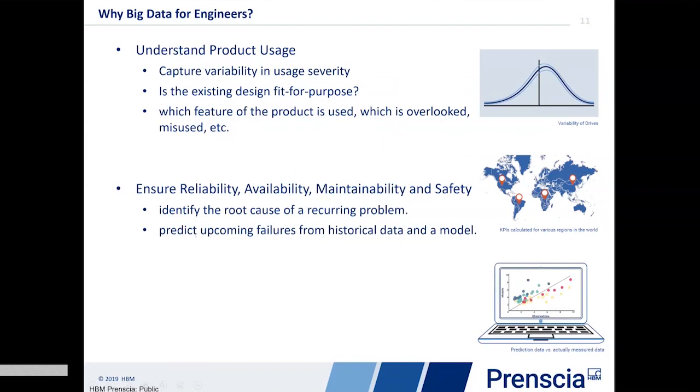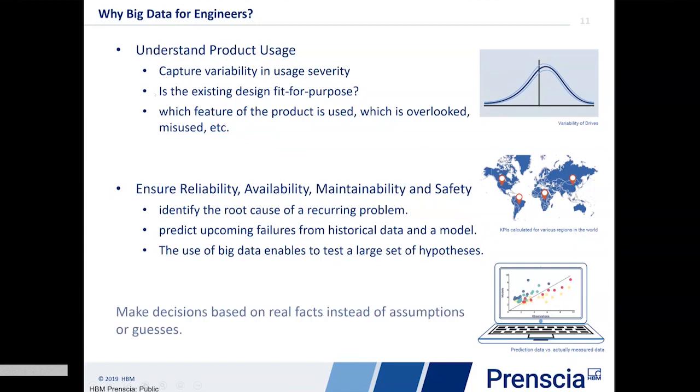You can predict or attempt to predict upcoming failures. And the nice thing is, I just mentioned the model. You can test your hypothesis, your assumptions, by using the big data, the historical data that is available through the big data system.